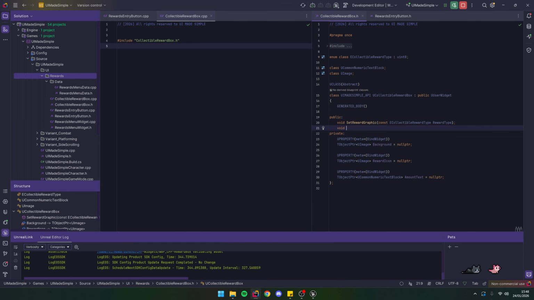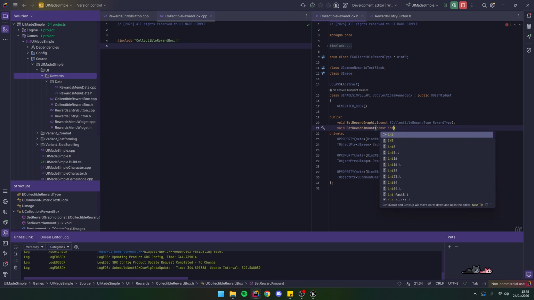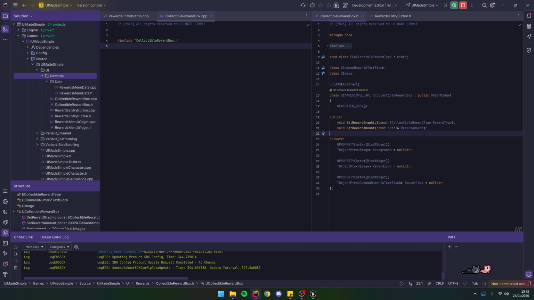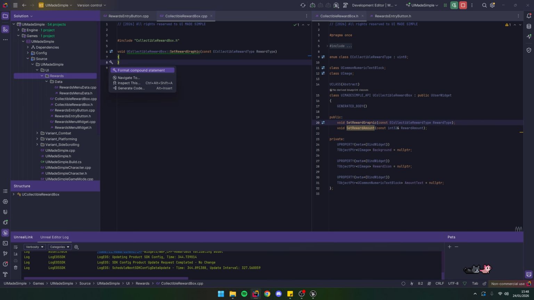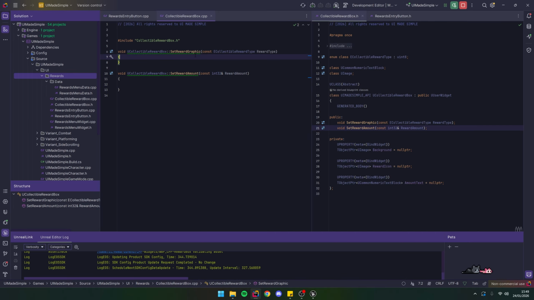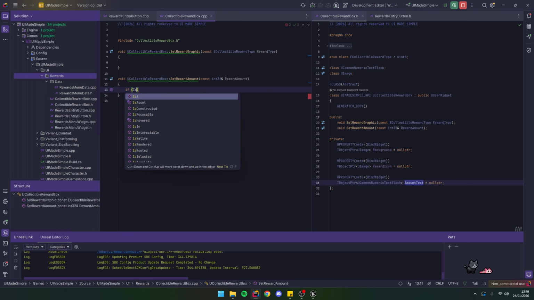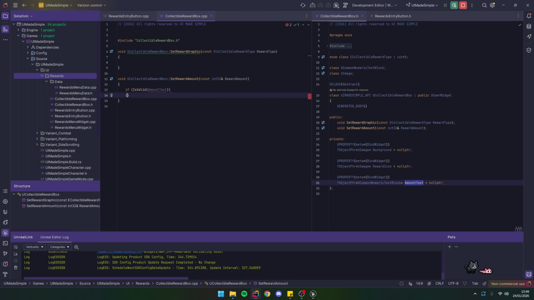And then we're going to have another function to set reward amount. And in this case, we are going to pass in an int, because this will be just the amount text that we want to set. Let's generate those two in the CPP. Let's leave this reward graphic aside for a second and do the reward amount because it's more straightforward. So we will use the amount text for this. First, we need to check if we have an amount text. So if the amount text is valid, then we want to